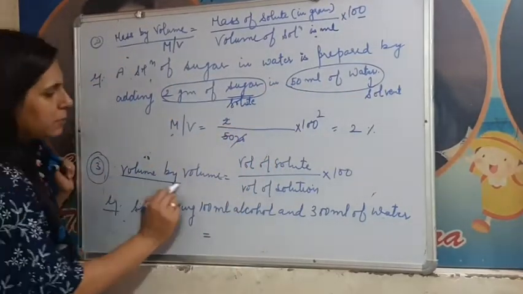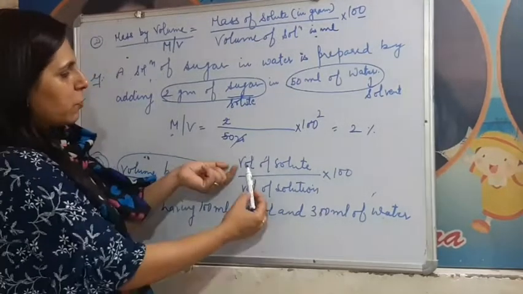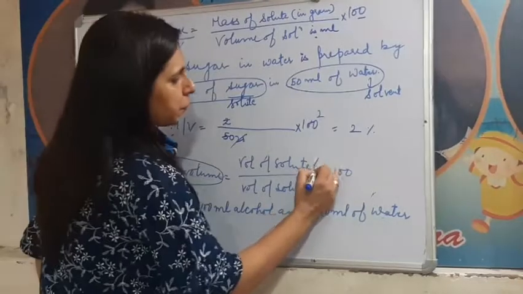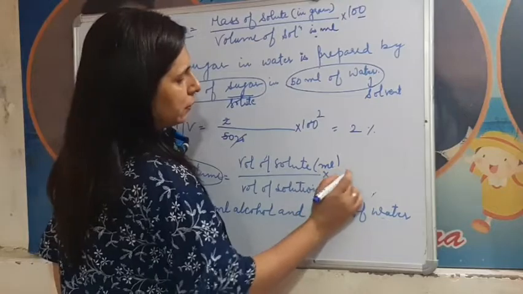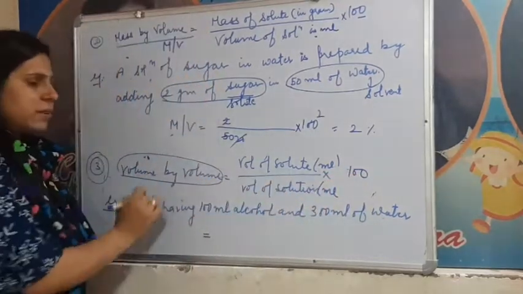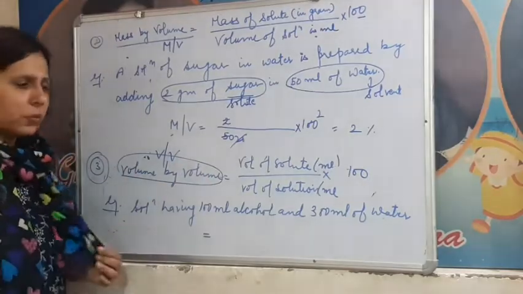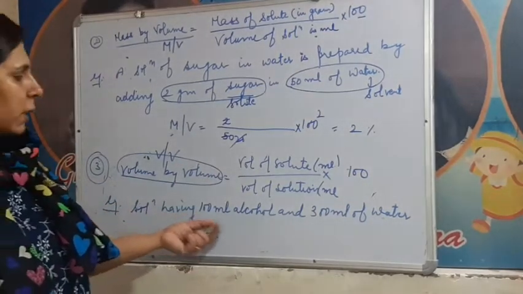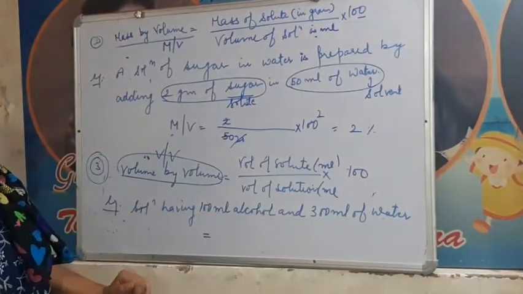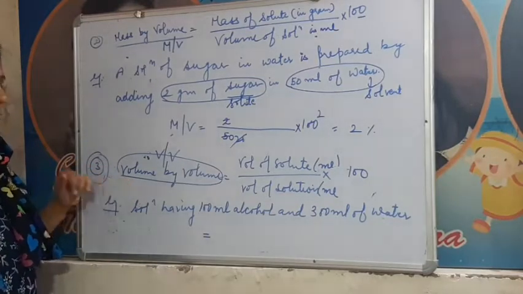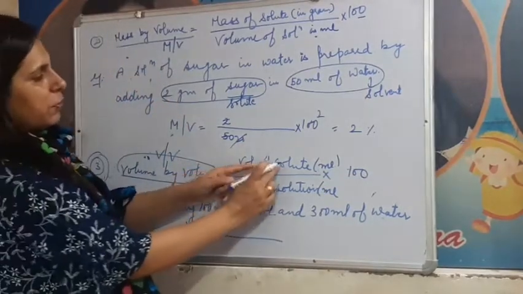The third method to calculate concentration of solution is volume by volume. So when volume of solute in ml is divided by volume of solution in milliliter and also multiplied by 100, then the term is known as V by V or volume by volume. Let us take one example to elaborate it. If a solution is having 100 ml alcohol and 300 ml of water, then what will be the concentration of the solution? Then you might apply this formula V by V,